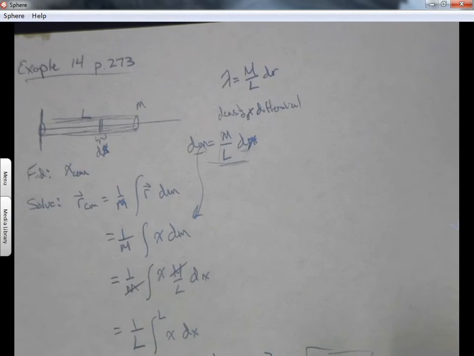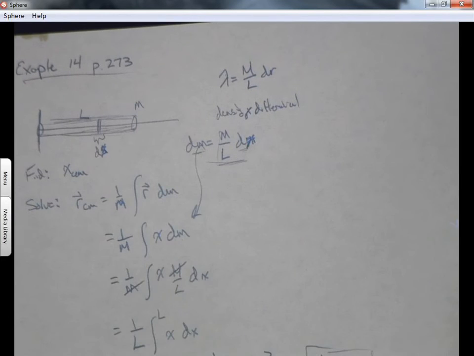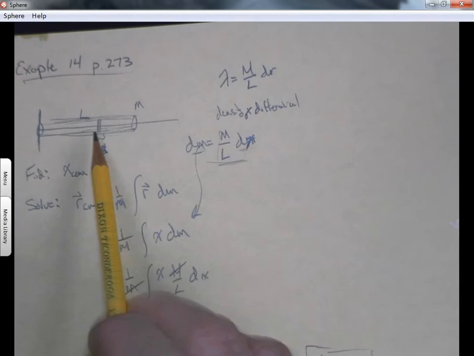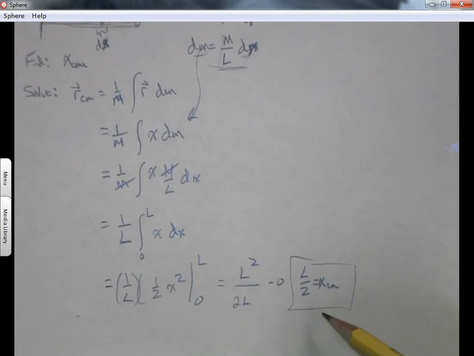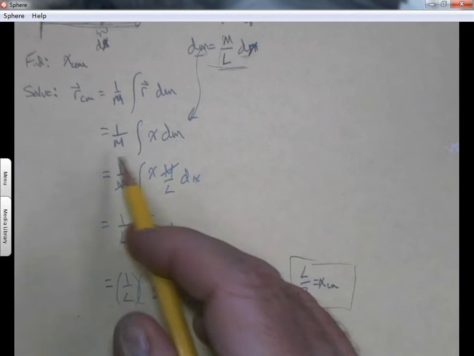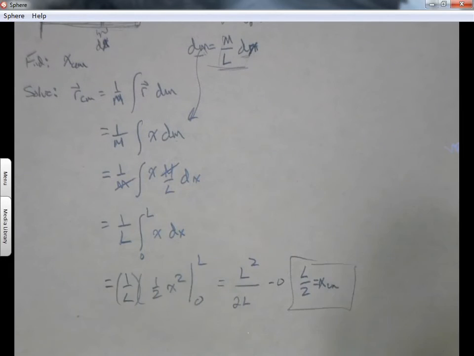Okay, which, however, we knew just by looking at the problem. We could figure out that it's uniform and it's long, and so where's the center of mass? It's going to be right in the middle because there's no change of the density. However, this is the process. I didn't show you all that. This is the process for how we get there. So when things start getting complicated, like for the triangle that we had before,